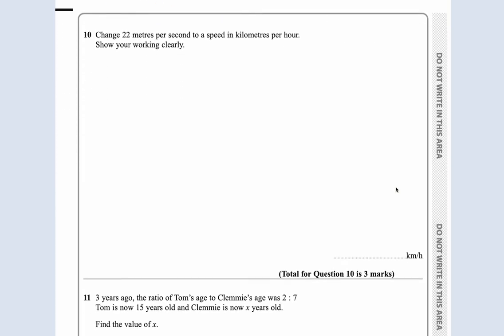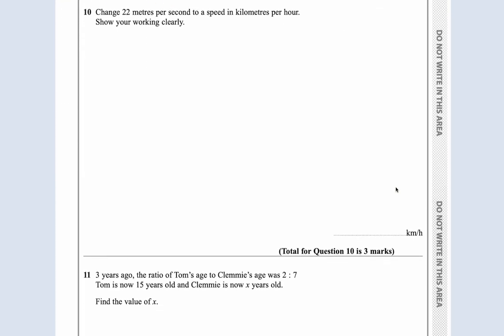Okay. Question 10. Change 22 meters per second to a speed in kilometers per hour. So guys, I think every paper that I've done has a question very like this. So make sure you know how to do it. 22 meters per second to kilometers per hour. So this is 22 meters per second. So you can either change the meters to kilometers first or the seconds to hours first. I'm going to do the seconds to hours first. So 22 meters per second is,